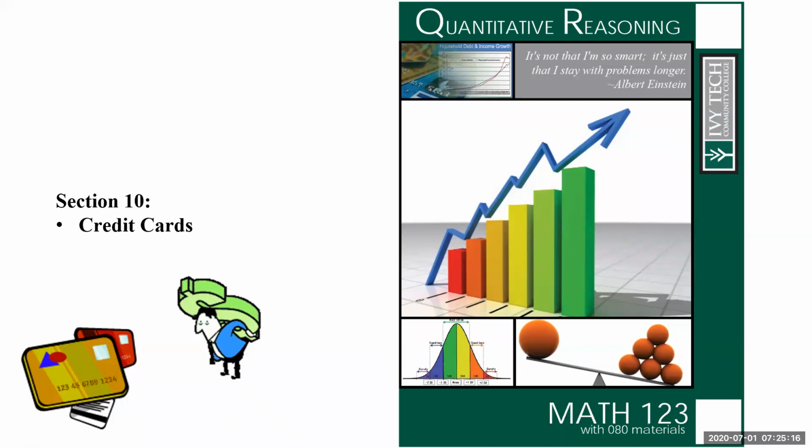And today we begin our discussions on financial literacy. The remaining sections, sections 10, 11, and 12, will constitute our conversation on financial literacy. Today we're going to be talking about credit cards. The next thing we'll be talking about will be loans, where we look at mortgages and other loans, car loans and all that. And then we will be looking at retirement and saving plans in section 12, and that will end